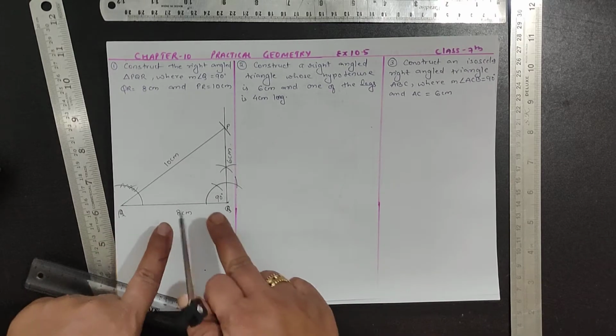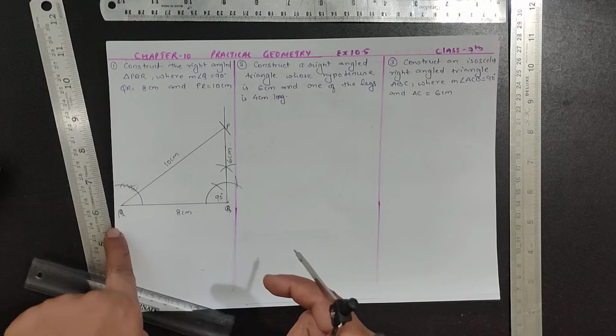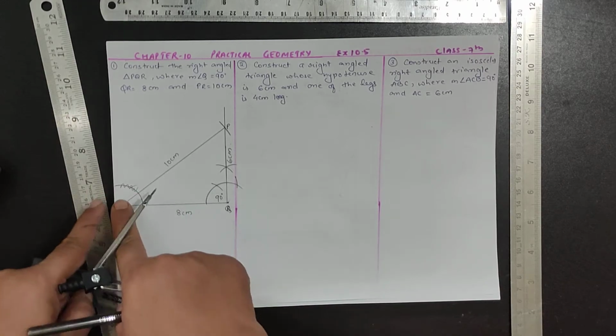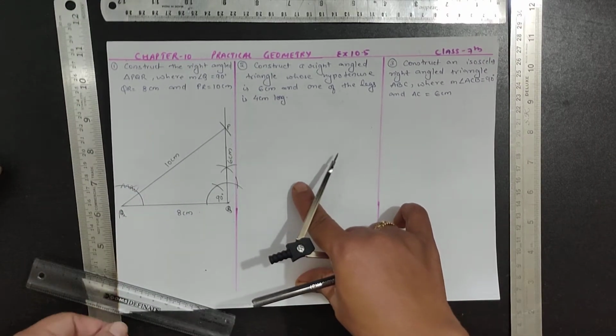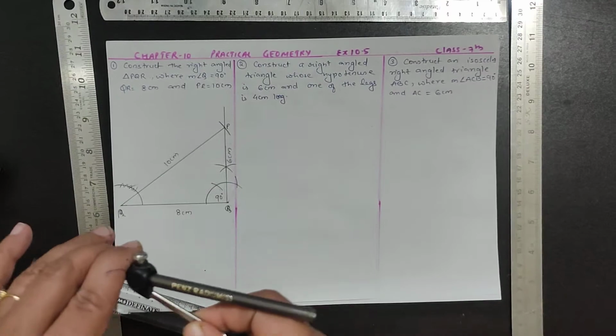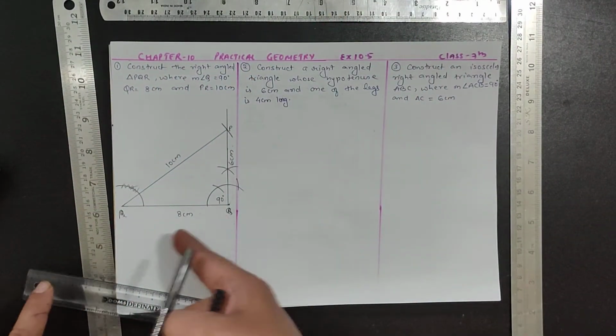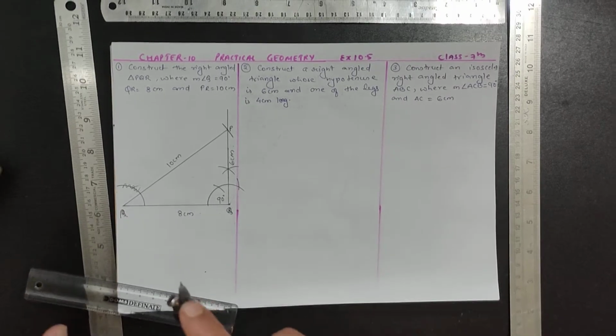I have just changed this QR I had written. Now I am writing RQ because here I was not getting the proper place to construct 90 degree. So let's go for the next question. No issue. You can also change this if you are facing the same problem in your notebook. You can also change this segment like this, but the way should be proper.